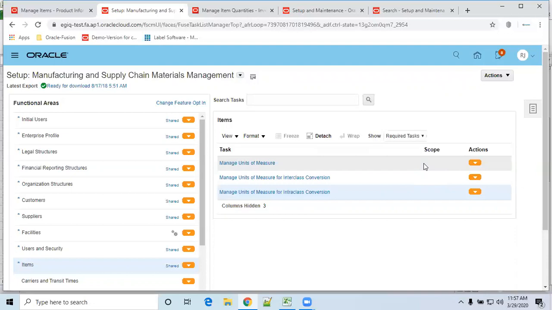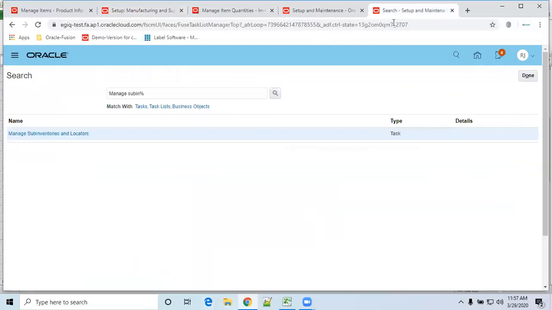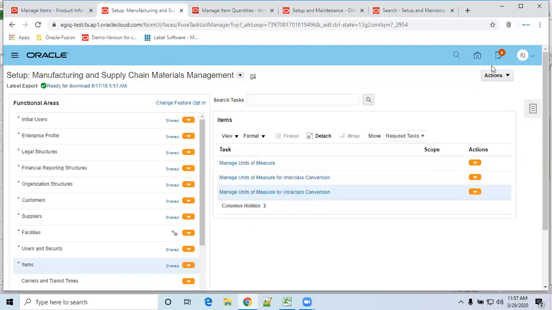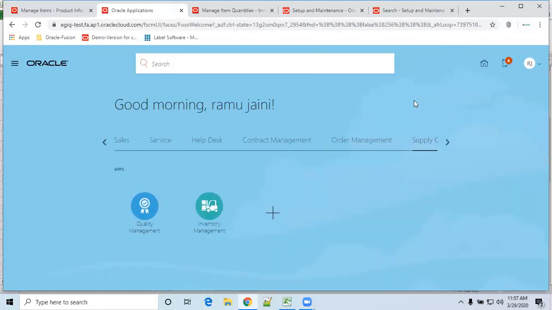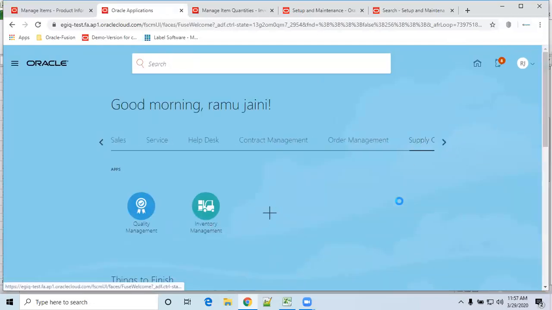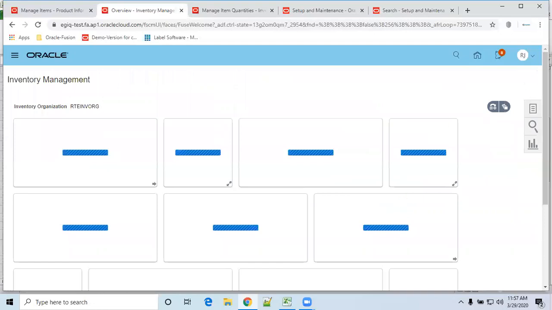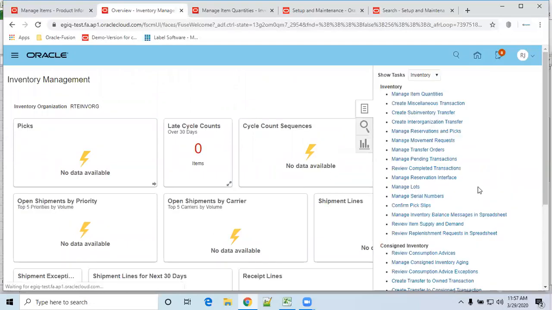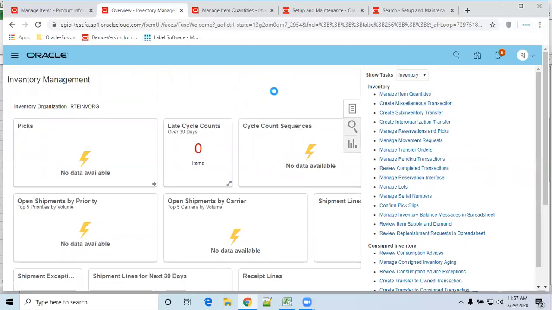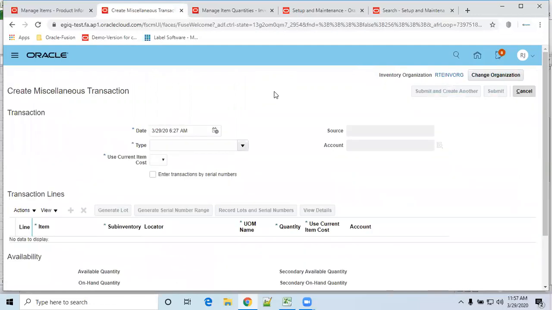So now I have defined one intra class conversion. I'll go to miscellaneous transaction. Go to inventory management. If you make a miscellaneous transaction, we'll come to know whether our conversion is working or not. So go to miscellaneous receipt.